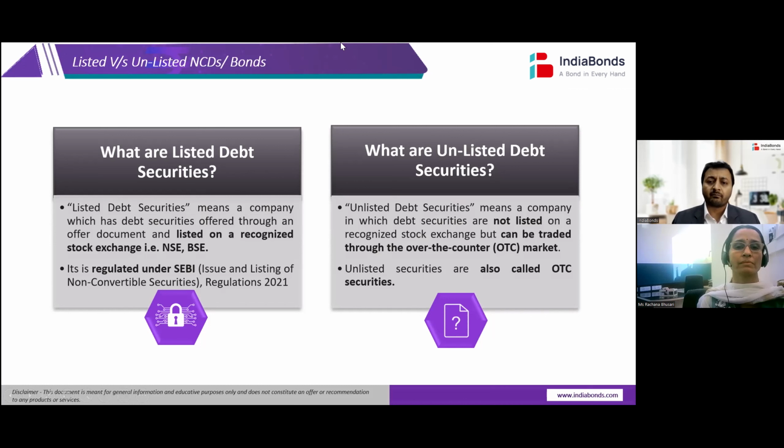They are a regulator. Let's come to the unlisted securities. Can you trade in unlisted securities? The answer is yes. It's not that unlisted securities cannot be traded. However, two things we need to keep in mind: these can be traded through the over-the-counter market, which is why they are called OTC securities. And this is not regulated by SEBI. However, there is a big market for unlisted securities also, and it's not that they are not secure, but they are unregulated compared to SEBI.